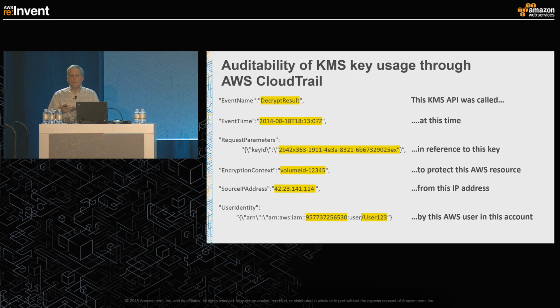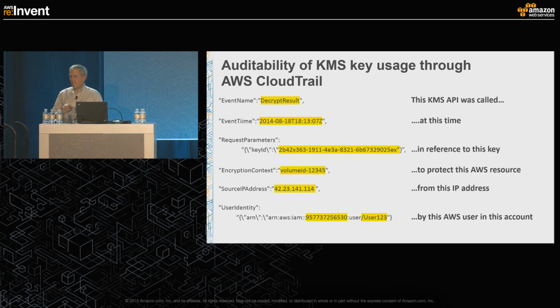We have no real way of knowing what that key is used for. We might get a sense for it if we know the caller was, say, the Redshift service, or a server that's holding your EC2 instance. But we can't really give you any authoritative statement on what that key is ultimately used for unless the caller